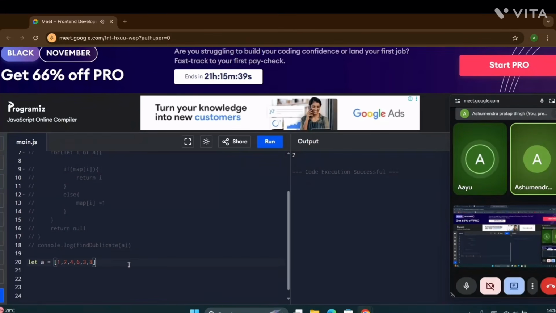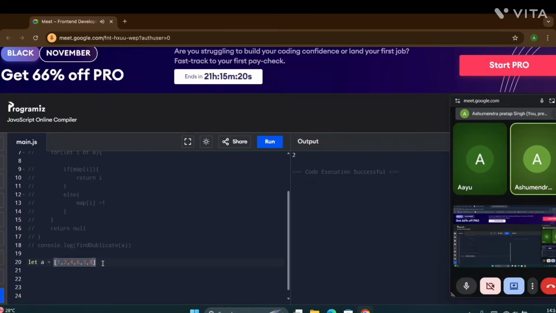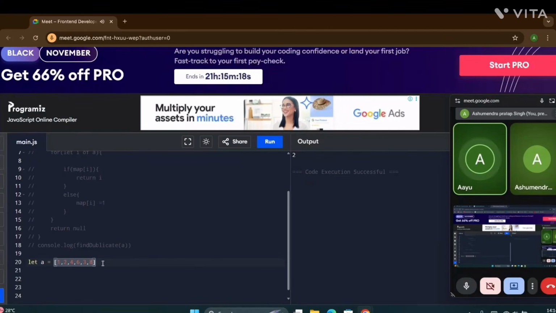We have an array. Maybe the first solution which I thought of, ma'am. Does it have duplicate values? No, there are no duplicate values. Just find the second largest.